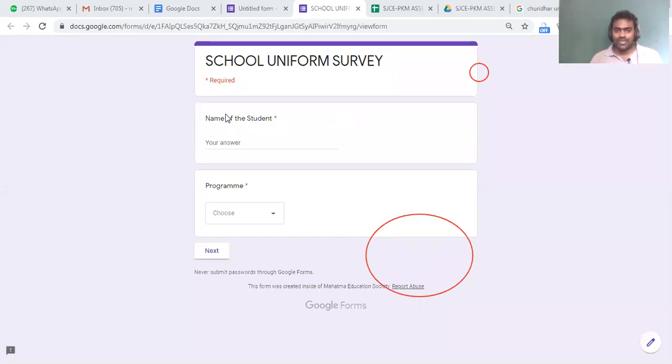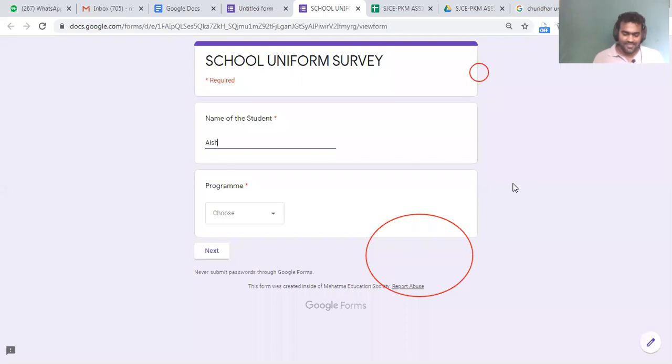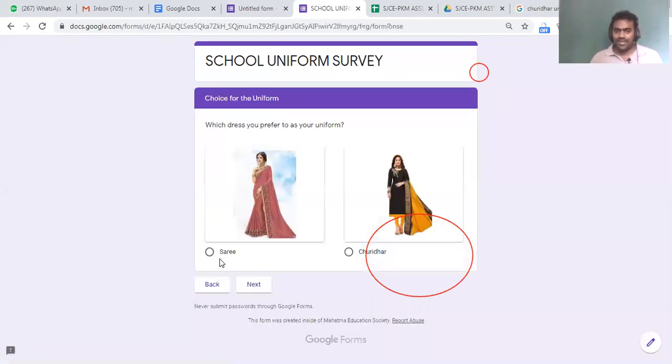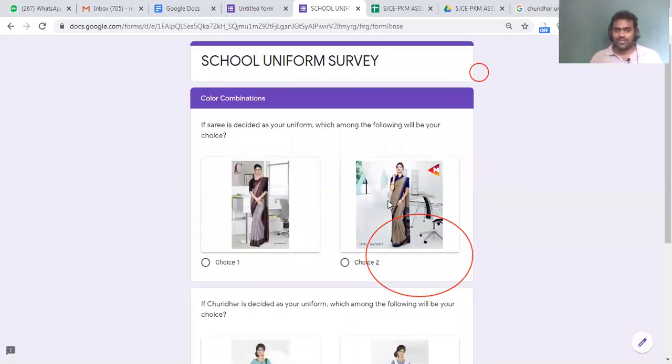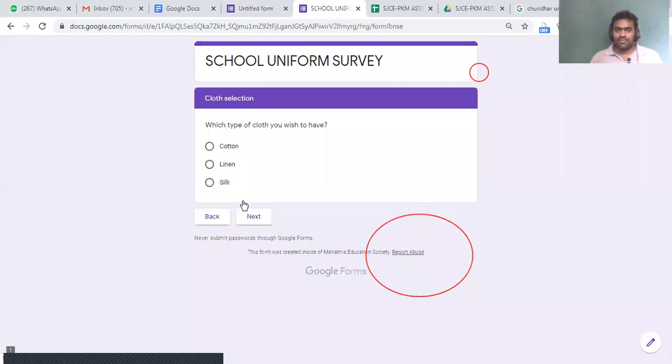Now school uniform survey, I'll add some other name, Aishwarya. Okay, program B.Ed. Then I'll click next. I'll click sari, she is choosing. I'll click color combination, she likes this one. And if churidar, she would be preferring the first one. Then which type of cloth you wish to have, cotton, linen, silk, etc. So cotton.